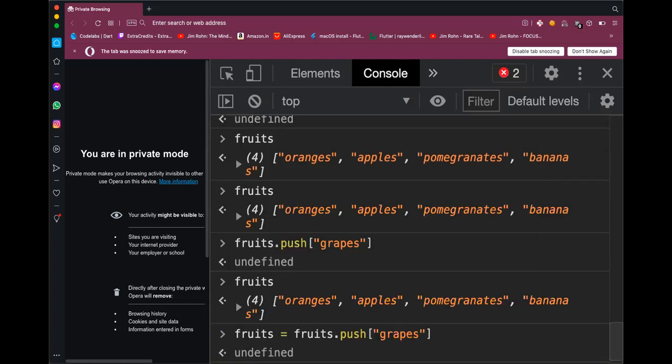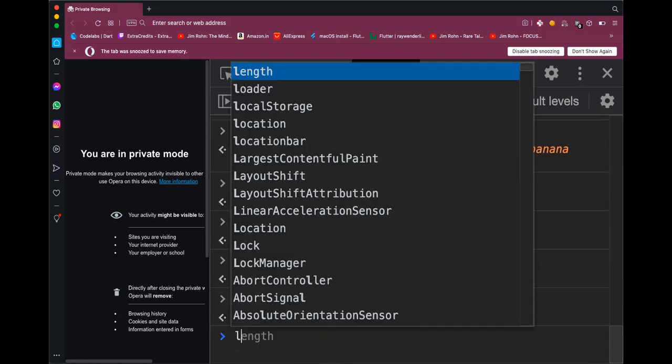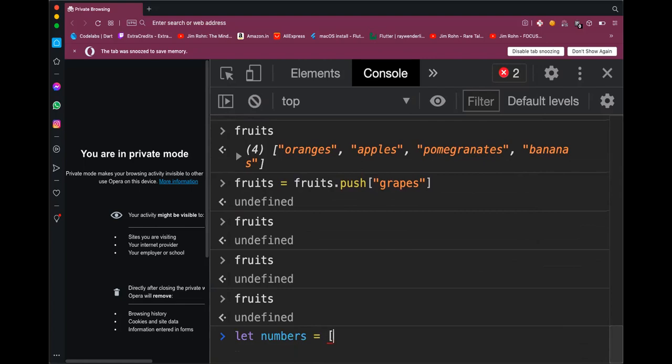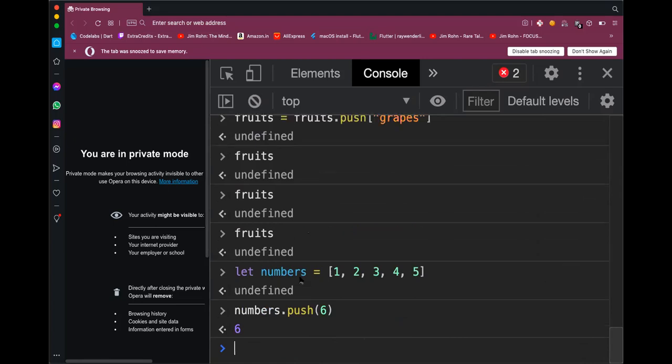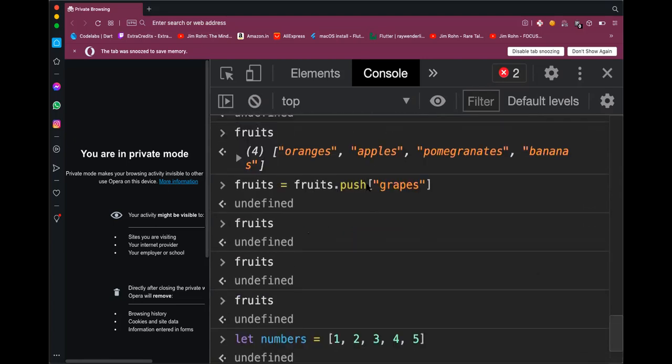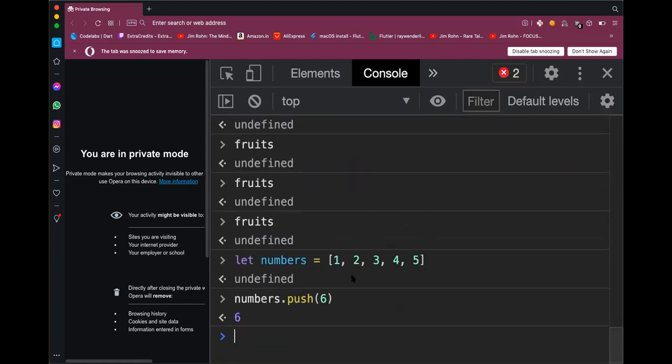So let me define something else. Let's say numbers equal to 1, 2, 3, 4, 5. And let's try to do numbers push. So in push I was making a syntax issue. I shouldn't have put square brackets there.